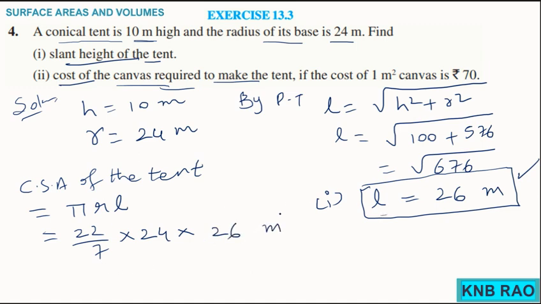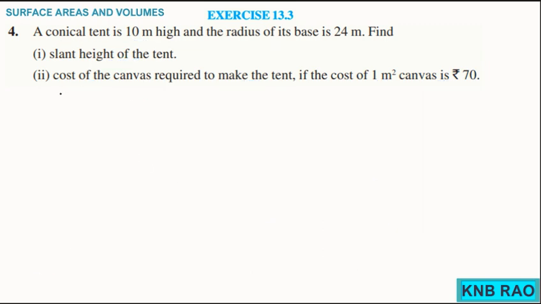This is meters square. Now out of 24 or 26, none of the numbers is a multiple of 7, so they won't get cancelled, right? But try to observe here, if the cost of 1 meter square canvas is rupees 70, this 70 is a multiple of 7. So in the next step, that is while finding the cost of the canvas